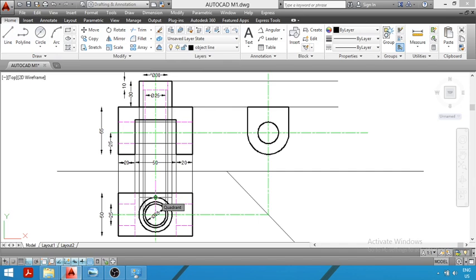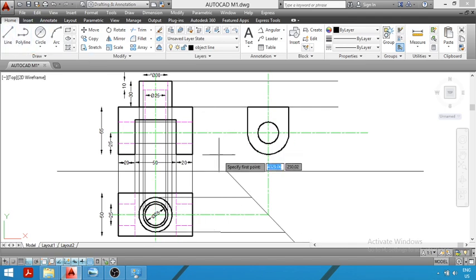Take the first upper point of the outer circle and project it on the 45-degree line. See, we have projected it. Again, project the lower point of this circle on the 45-degree line. So in order to mark the diameter of this cylinder in this side view, you have to just project the diameter. You can see the end points of the diameter of this circle are projected on the 45-degree line.